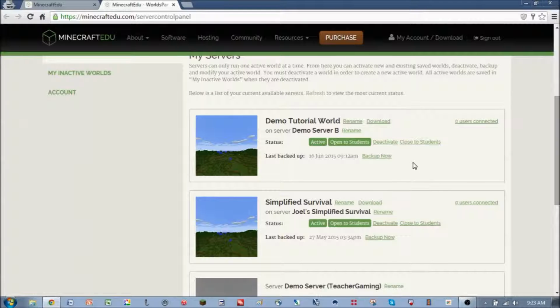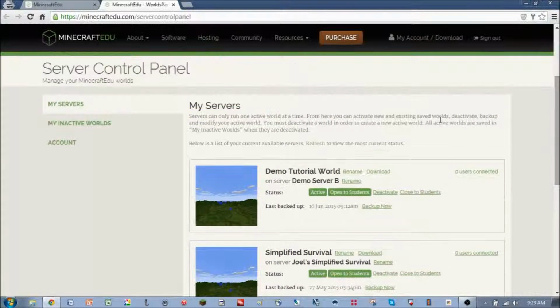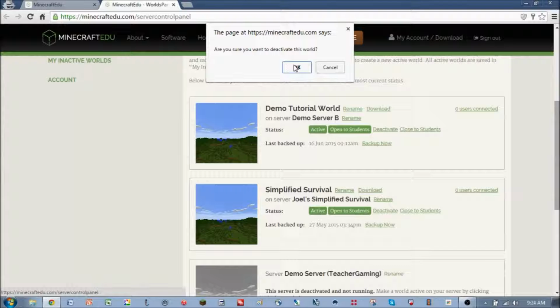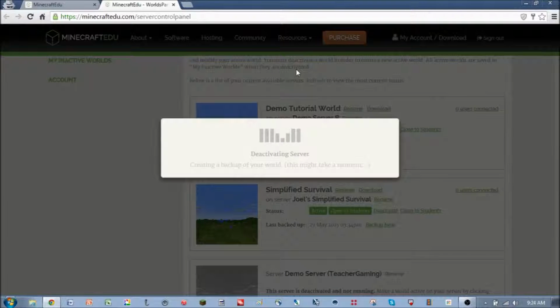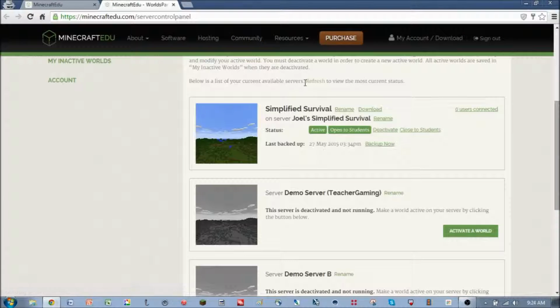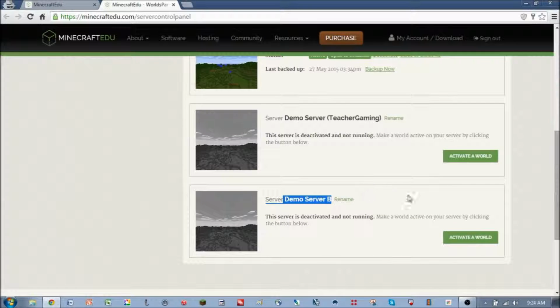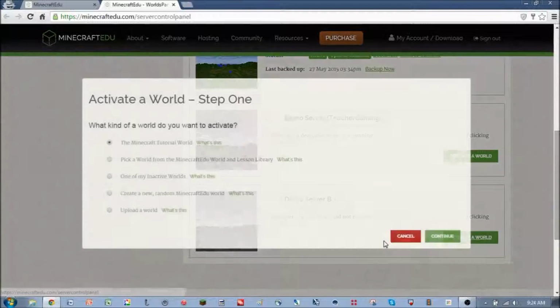Now, one of the main things that the server control panel does for you is allow you to change what worlds you are using. So let's look at this first one, and we're going to hit the deactivate button. That will shut down the server and save a copy for you. So that'll deactivate for a second, and now you'll see that that one is grayed out. It's deactivated, and let's say we want to replace the world we were using with a different world. So we're going to activate a world onto that server,